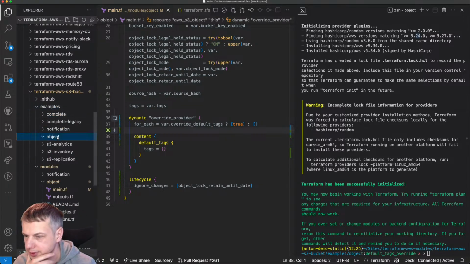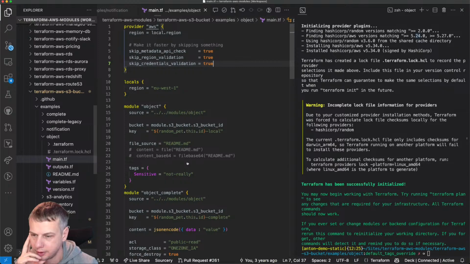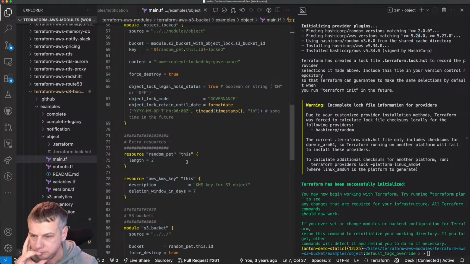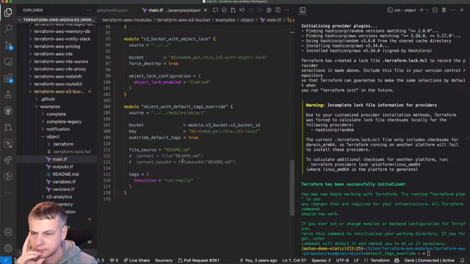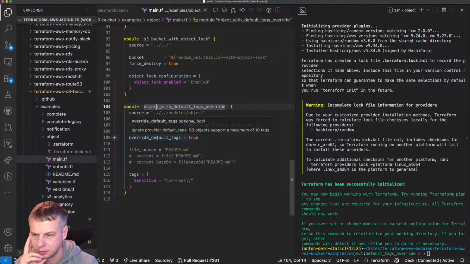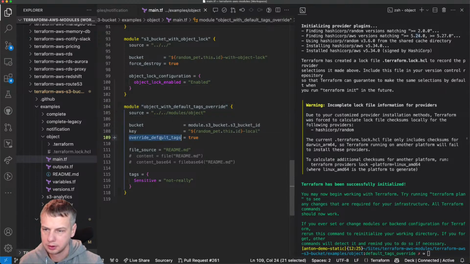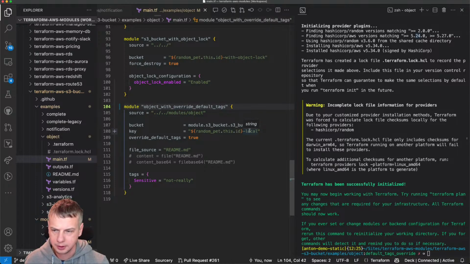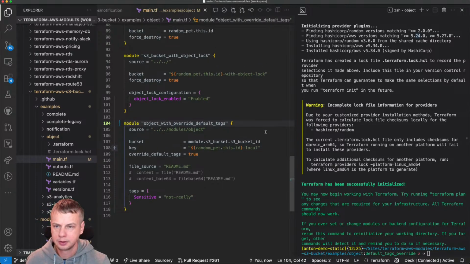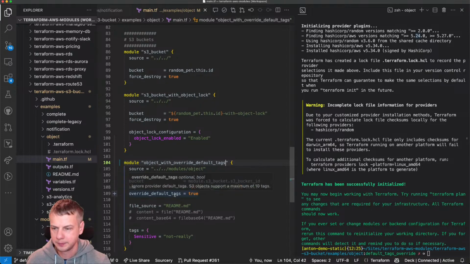Let's go to example one more time. Object with default tags override. It's not the best place to have creativity here, really.